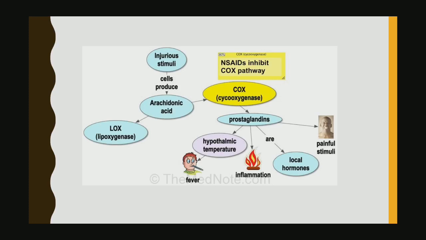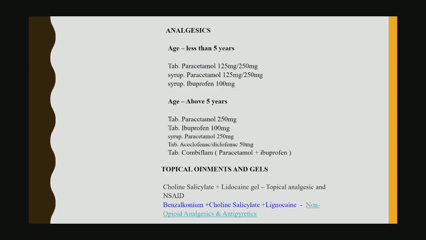These are the list of commonly used analgesics in the department. When the age of the child is less than 5 years, tablet paracetamol 125 mg or 250 mg, syrup paracetamol 125 mg or 250 mg, syrup ibuprofen 100 mg. And when the age of the child is above 5 years, tab paracetamol 250 mg, tab ibuprofen 100 mg, syrup paracetamol 250 mg, tab aceclofenac or diclofenac 50 mg, tab Combiflam, that is a combination of paracetamol and ibuprofen, can be used. Then as a topical ointment or gel,